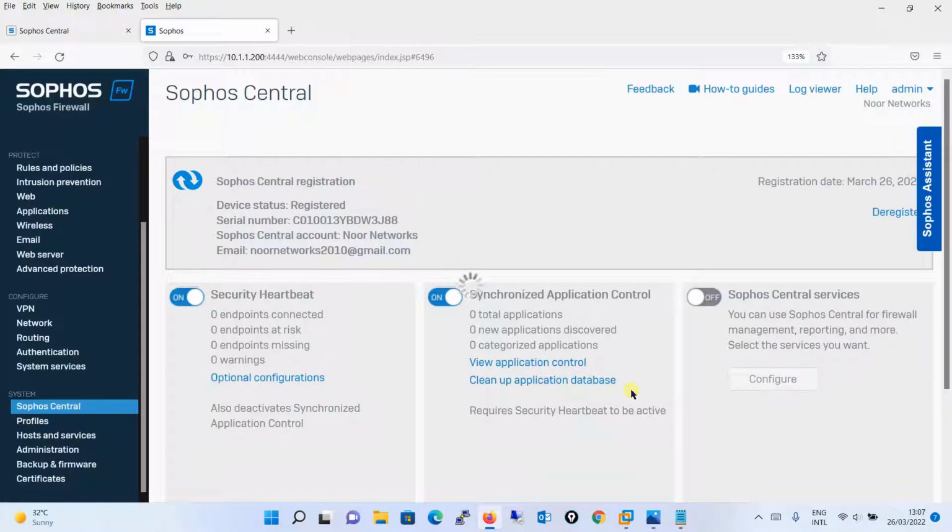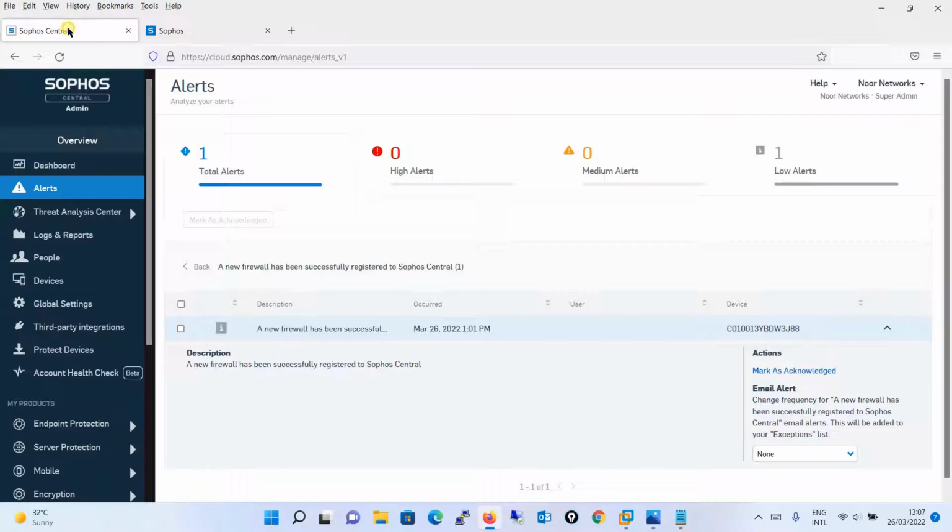It will take some time to initiate the request. And now you can see that you can use Sophos Central for firewall management, reporting, and you select the services you want. And the status is saying that we're waiting for the Sophos Central administrator to accept the services, right? So you will go again to the Sophos Central over here,